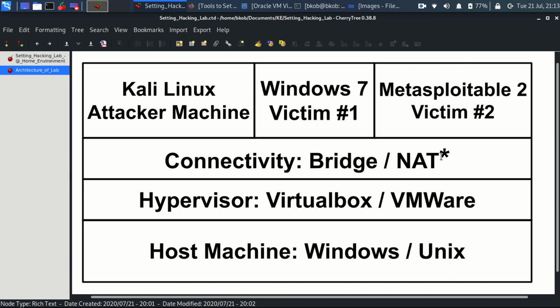But if you use NAT on all three, then Kali Linux, Windows 7 and Metasploitable would be on the same network, whereas the host machine would be on a different network. So NAT is like creating an internal network for these guest operating systems.